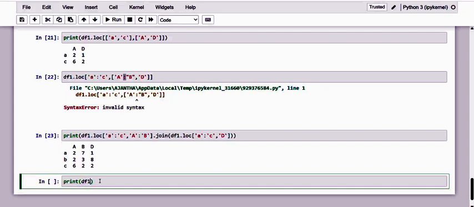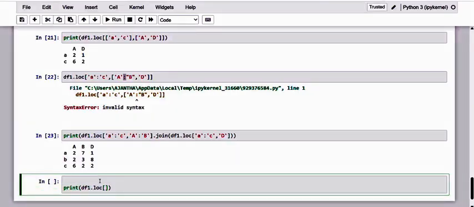So df1, and here I'm going to give loc, and see here, dear friends, as you already know about slicing, there is start, stop, and next one is step. If the start is empty, it means from the beginning. And if the stop is empty or null, of course it is till the end, whether it is rows or columns. Kindly have a note of it.